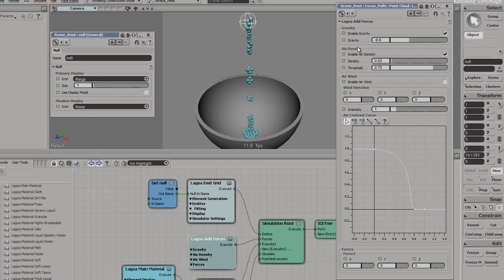Air density is basically the resistance of the particles moving through a medium of air. Okay, it's not a vacuum. There's air molecules just like in real life, and they actually create friction with the particles as they pass through, and that slows particles down. Now I'm not sure why this is the case, but by default the air density in Lagoa is set a little bit too high. Okay, the value is 0.02 as you can see here, but I find that value is